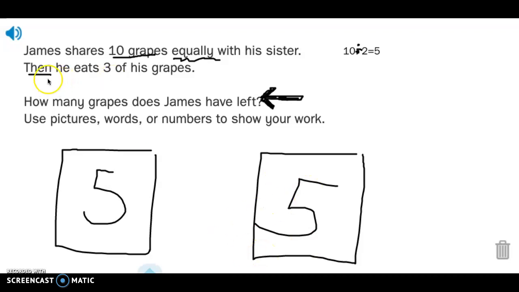Then my next number model was he eats 3 of them. So I take the 5 that James has, and my second number model, which is going to be the answer to my story, 5 take away 3 is 2. How many grapes does James have left? You must include an answer with a label or the unit. So he has, how many grapes does he have left? Well, he has